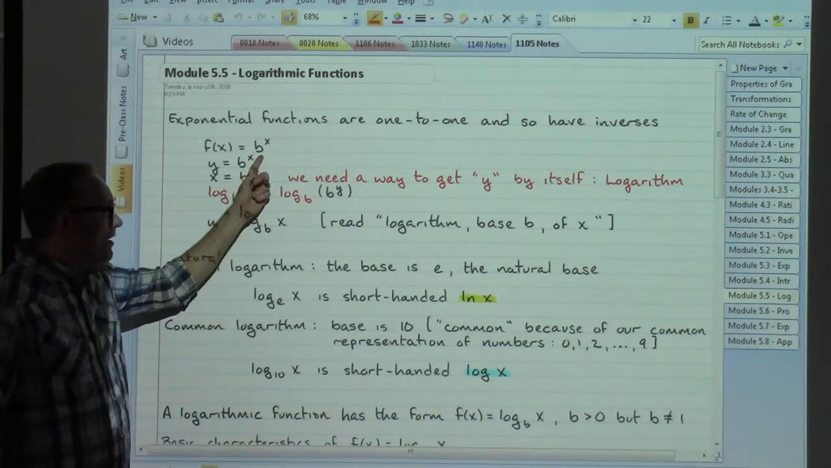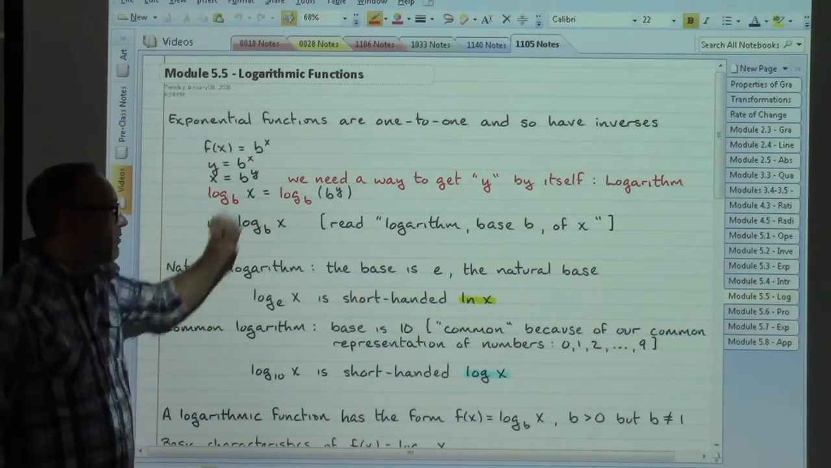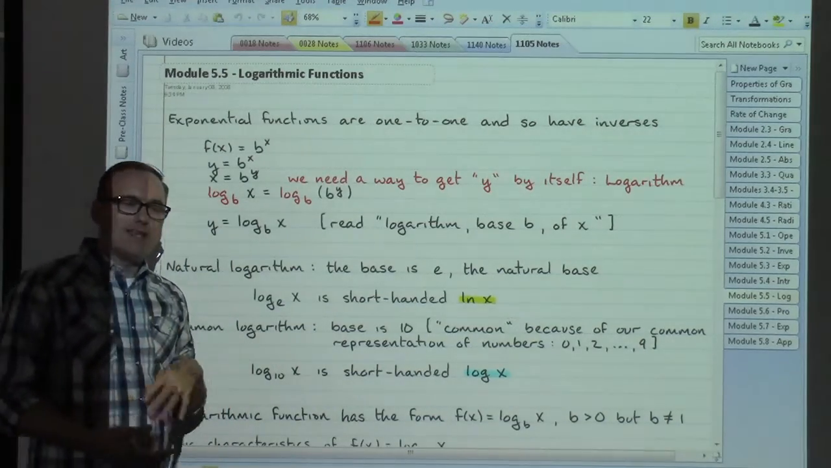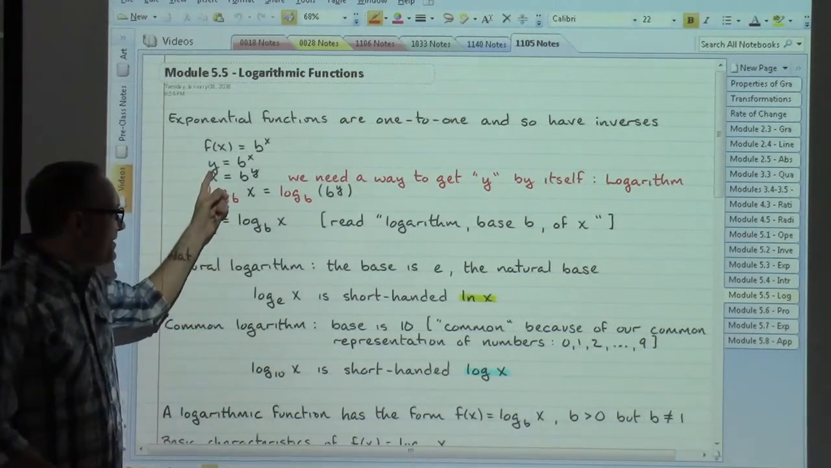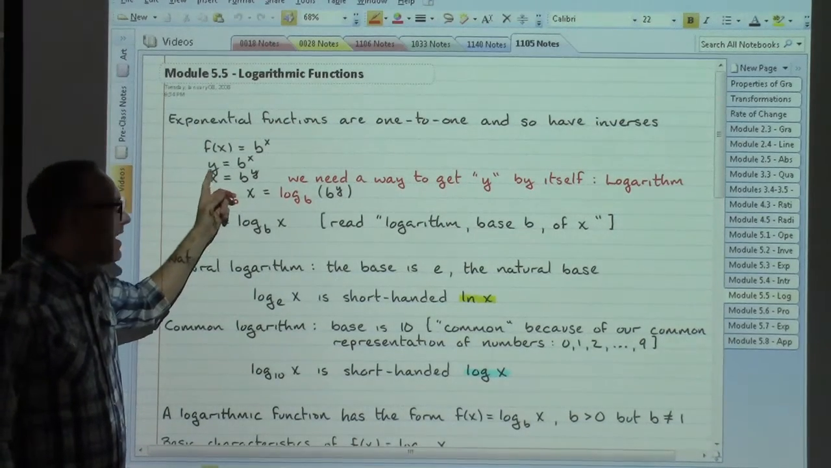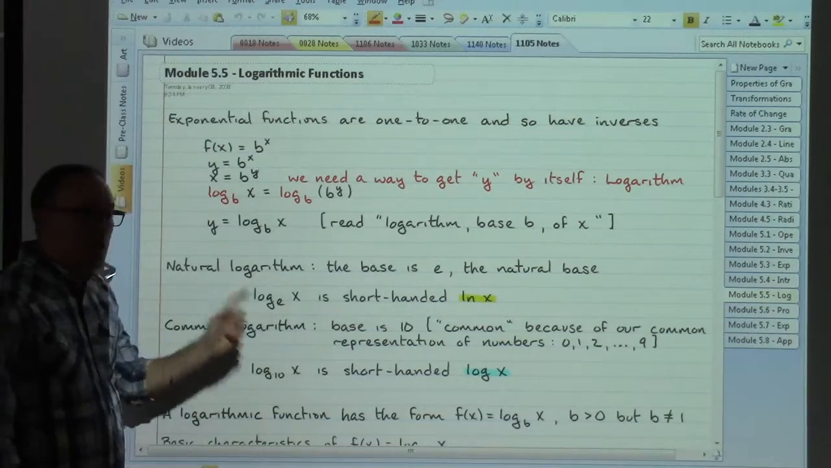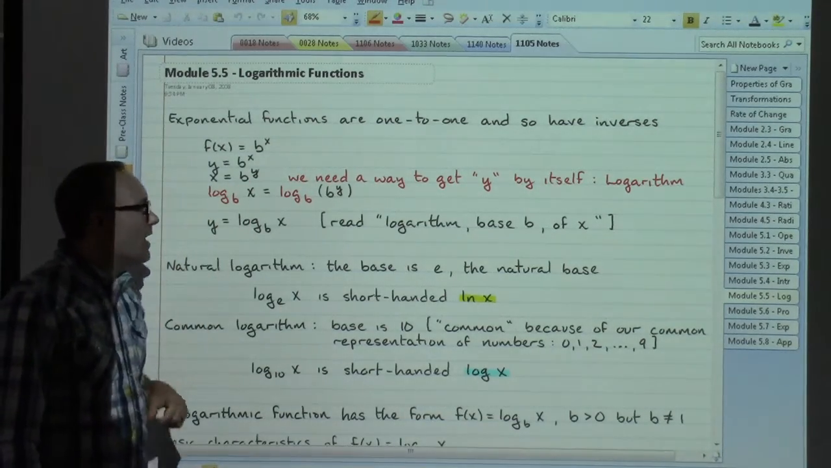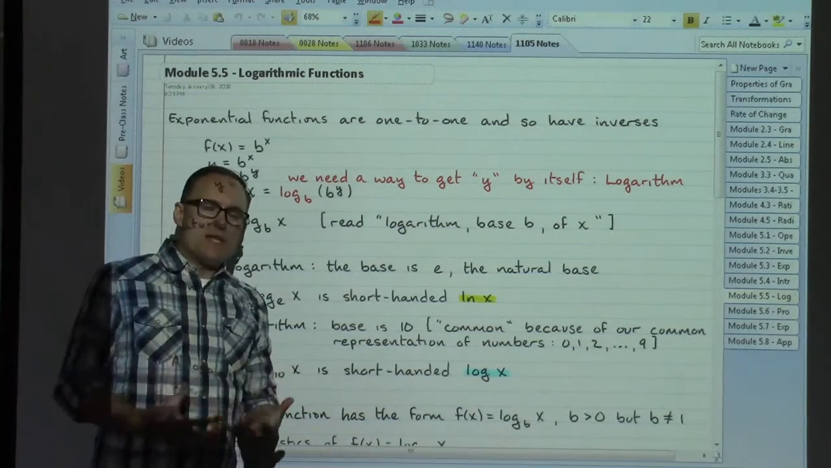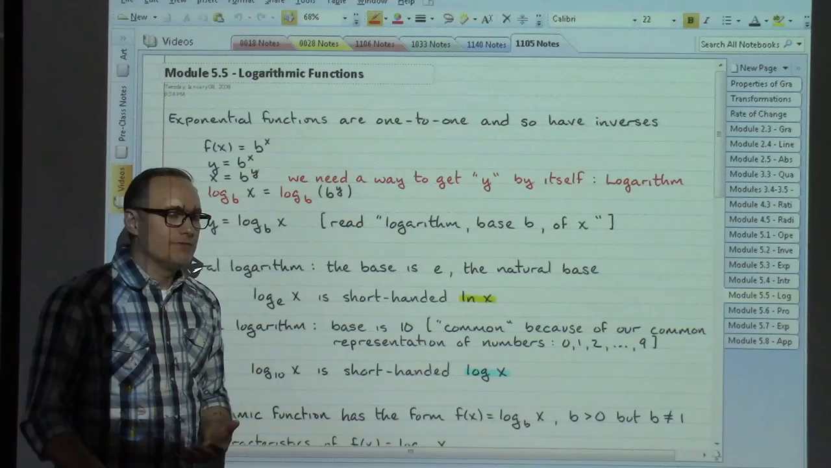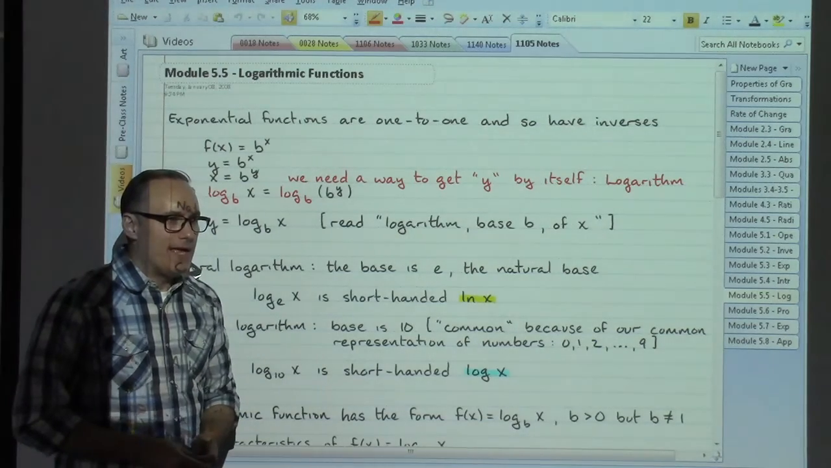If we talk about our f of x equals b to the power of x, we have our basic steps for finding the inverse function that begins with replacing our function notation with the y. So y equals b to the power of x. Switcheroo the x's and y's: x equals b to the power of y. But we would need a way to get the y by itself, and there wasn't one for a long time